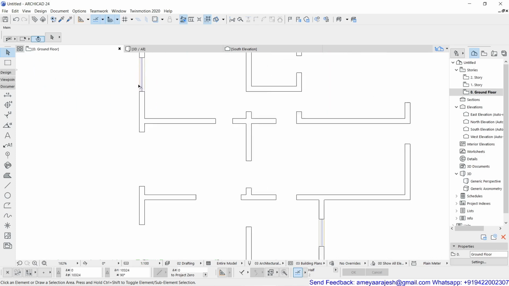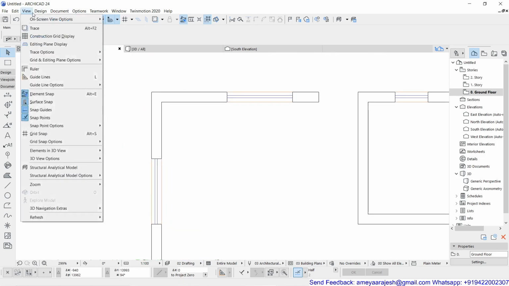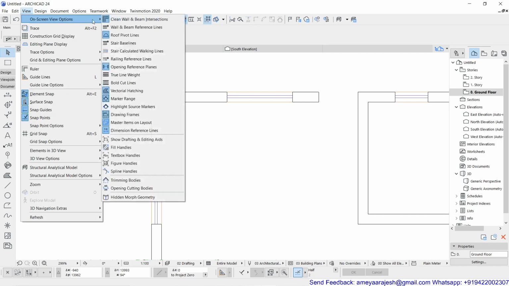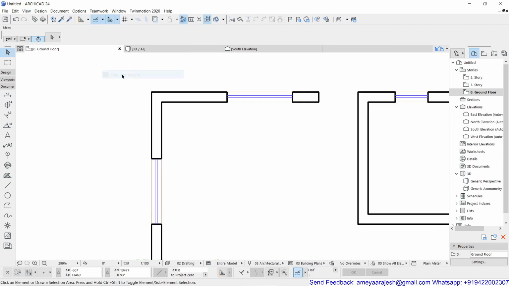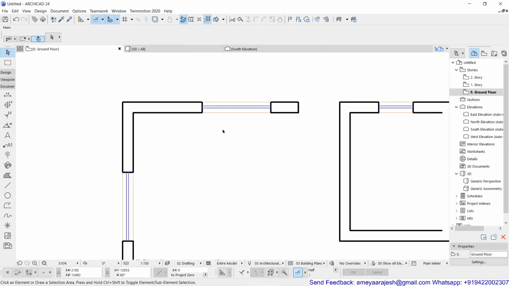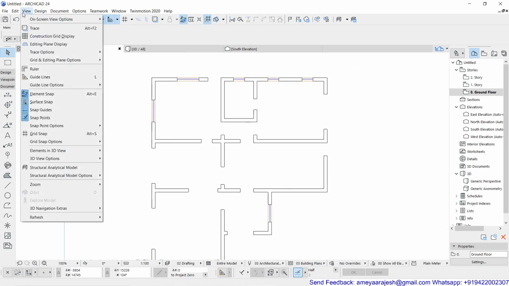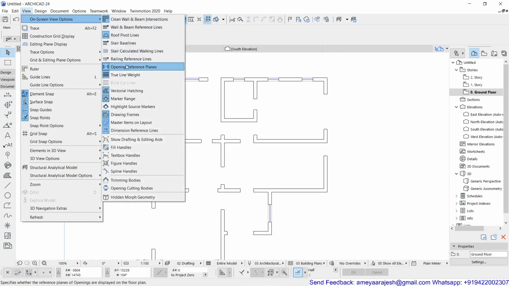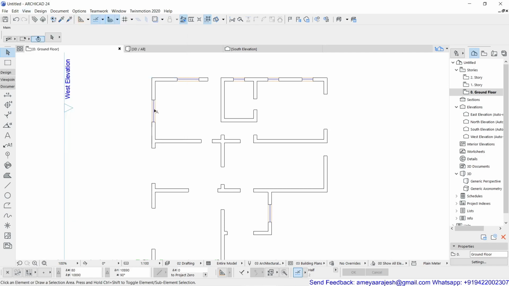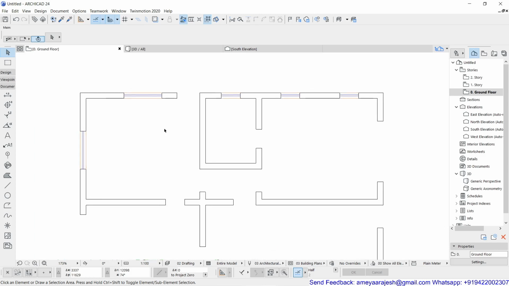Now if you want to compare the line weight logic, you can go and turn that on from the pull down menu, view, online on screen options, and from here you can say true line weight. Now you can see how the line weights are getting considered for the presentation which you are talking about. So again I'll switch this off, and it's always an on screen option. That means it's not going to make any difference whether it's on or off at the time of printing. The true line weights will be as it is printed if you demand for that. Okay,